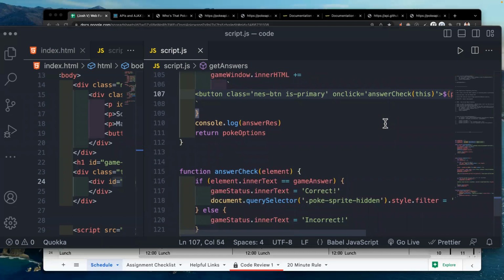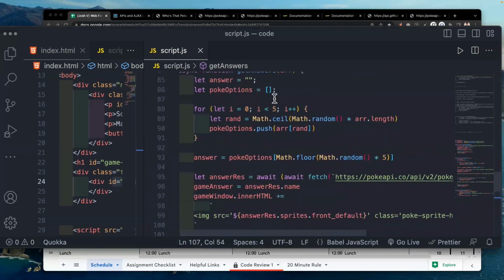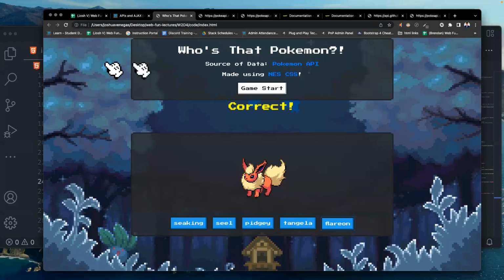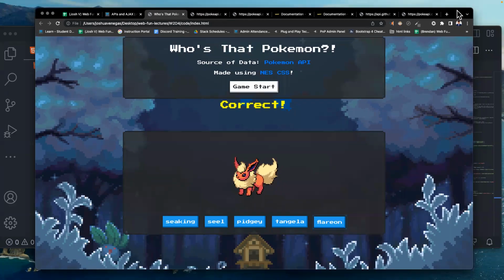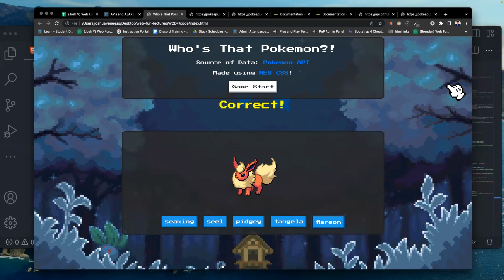But what I want you to take away from this lecture is that I'm able to build this application now. All right, this is just CSS, this is just a background image, HTML, CSS, and I'm using API calls in my JavaScript now to pull this information so that I can use it on my app here. Okay, so this is our introduction to APIs. The best way to get acquainted with an API is to try and pull some data.